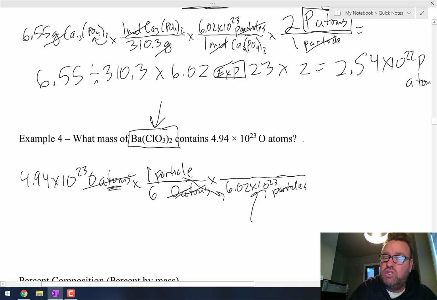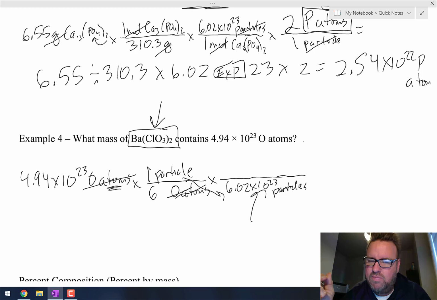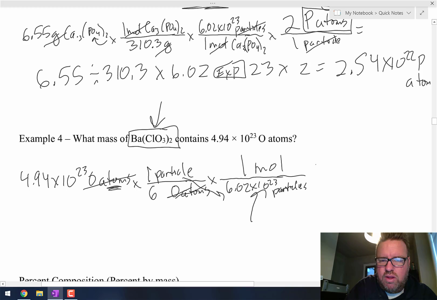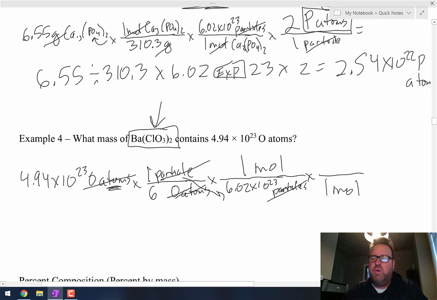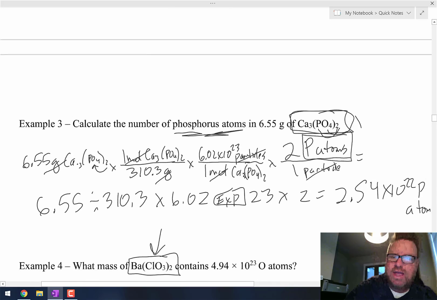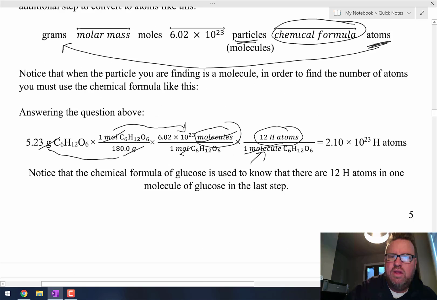And that is equal to, what's 6.02 times 10 to the 23rd equal to? What's 12 equal to? 1 dozen. What's 6.02 times 10 to the 23rd equal to? 1 mole. Okay, and then my last step, I've got moles, so particles cancel. I've got moles on the top, so now I have to put moles on the bottom. And remember, the number in front of mole is always 1. So in 1 mole, there are,